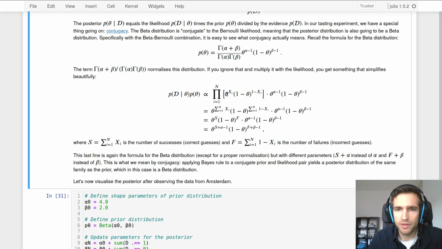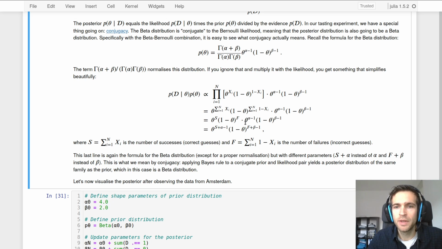So the product over variables that are in the exponent becomes the sum over, so theta to the sum of those variables. So we get theta to the sum over xi times 1 minus theta to the sum over 1 minus xi. And if we use our earlier convenience variables, so s for the sum over x and then f for the sum over 1 minus x, we get this convenient form: theta to the power s times 1 minus theta to